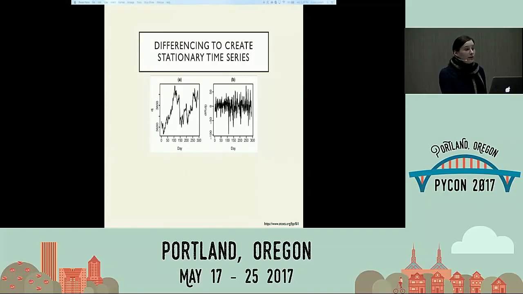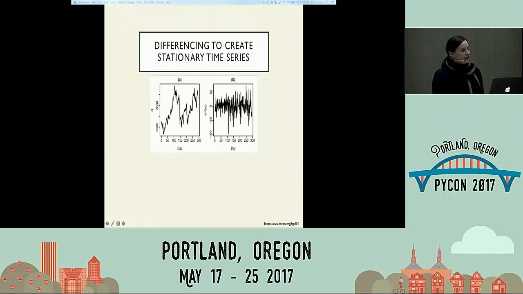The first thing you can do is difference. So if you look at this time series on the left, that's clearly not stationary, right? You've got big jumps. You seem to also sort of have a trend, right? It seems to be trending upward. If you difference it, well, that looks pretty good, actually, right? It might still have some problems with the variance, but we have detrended it just by taking the difference. That's one very common way of dealing with non-stationary data. Your first step, just difference.